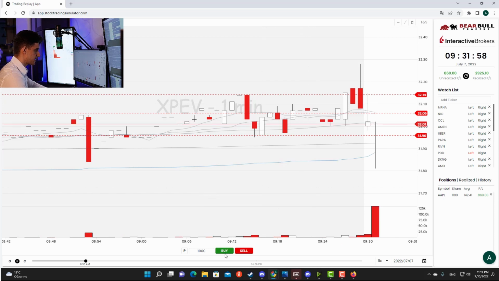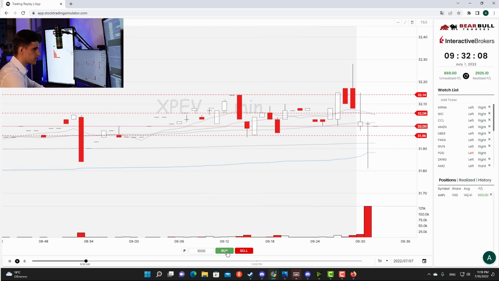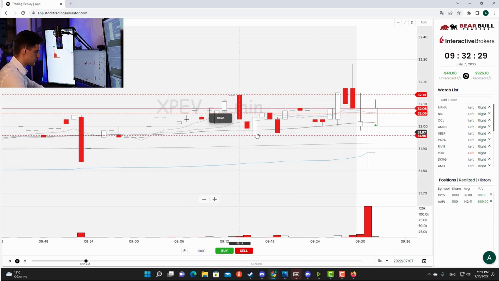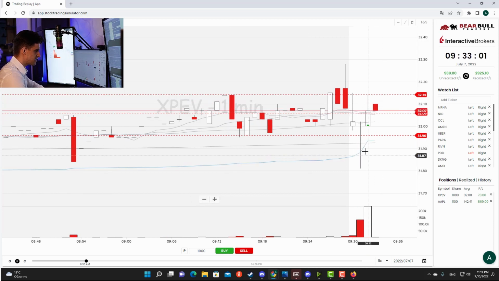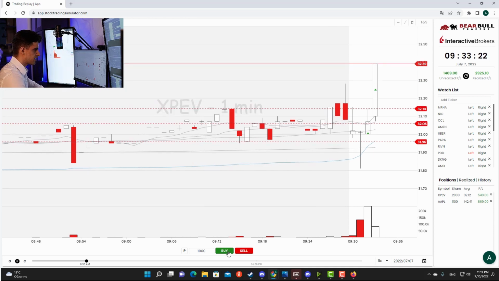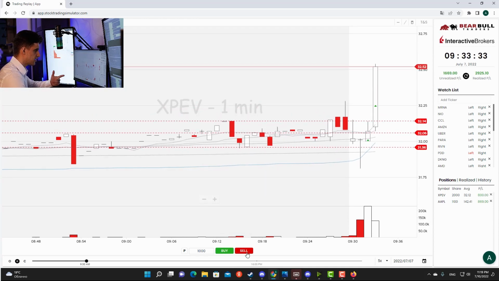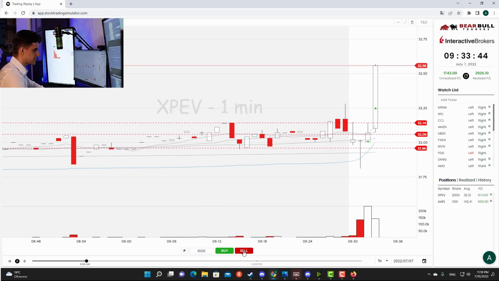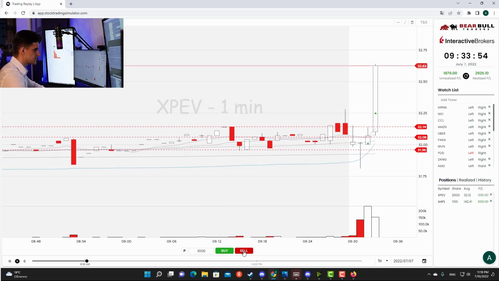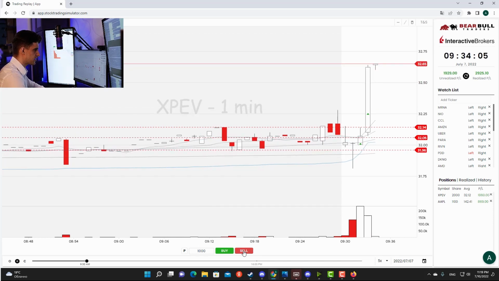I'm not playing it for a breakdown because the 60 kind of told me that we're more biased to the long side. Now that I saw this, we did break this range on the 5-minute chart. It's actually a long range, 30 or 40-minute range. Now that we broke it to the downside and instantly got bought back up, that's my signal to get in. You could add in at the break of the pre-market high, and then hold it on and start selling it